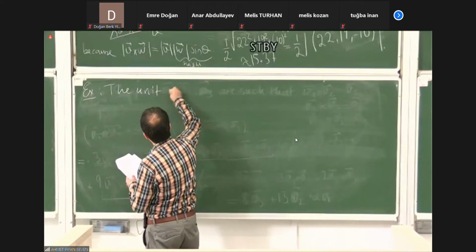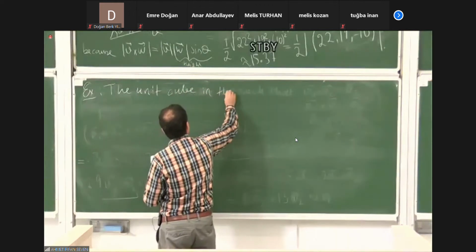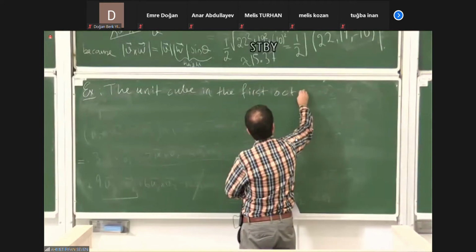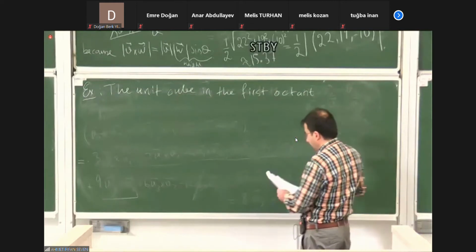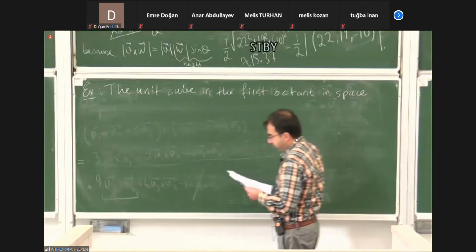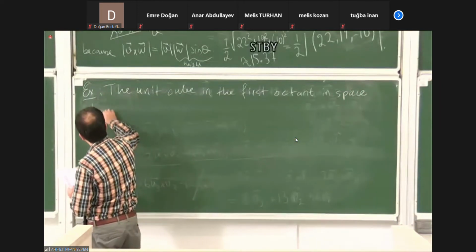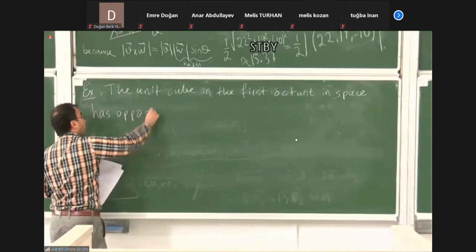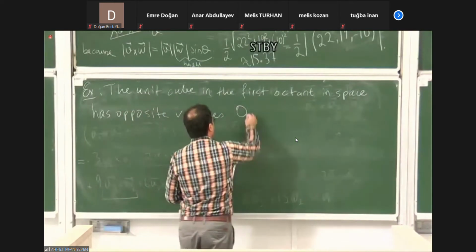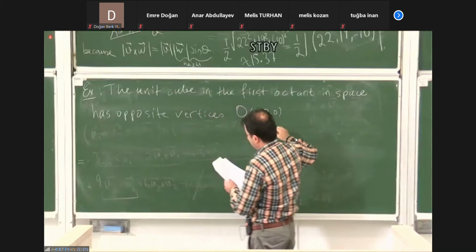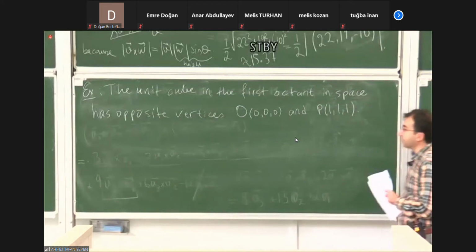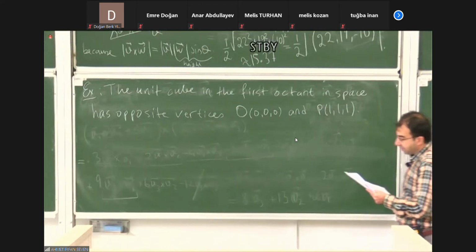The unit cube in the first octant in space has opposite vertices: origin O, so you know its coordinates are 0, 0, 0, and P, 1, 1, 1. So the question is, find the angle